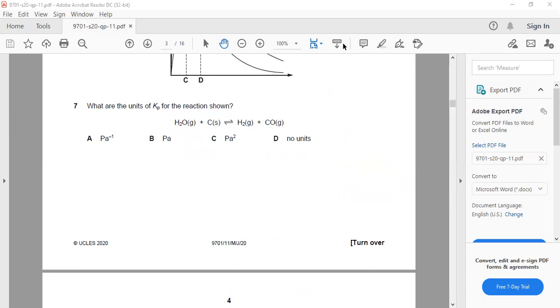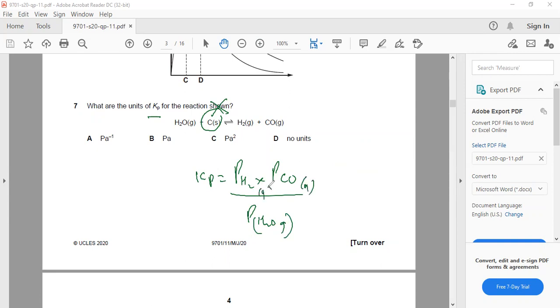Whenever equilibrium is given, you must see if there is any solid. This is solid. Cut it. Solids are not expressed in the Kc expression or Kp expression. For Kp, we don't even express liquid. So Kp is equal to the partial pressure of hydrogen times the partial pressure of carbon monoxide over the partial pressure of steam. Okay, so the unit is Pascal, Pascal upon Pascal. So 7B, it was easier. Okay,